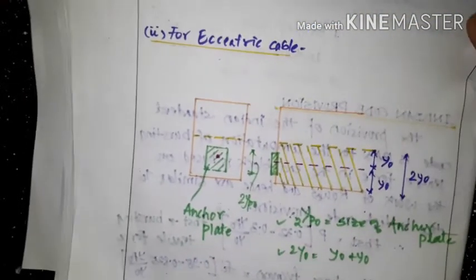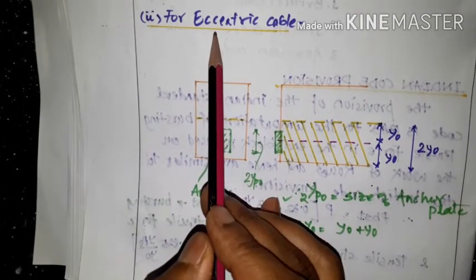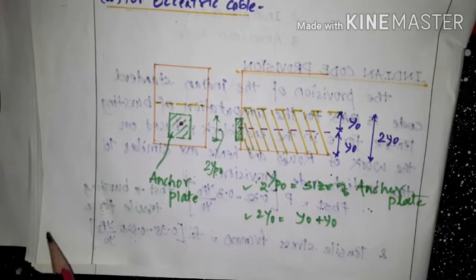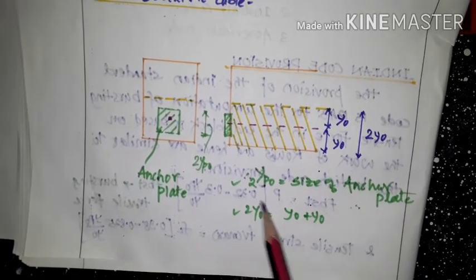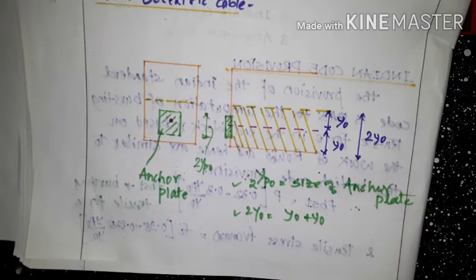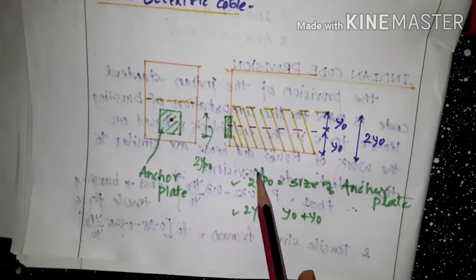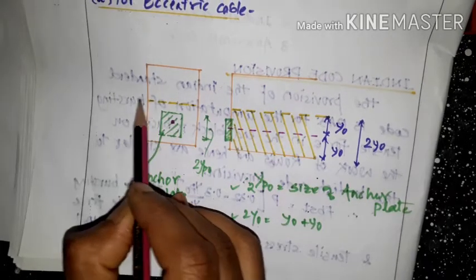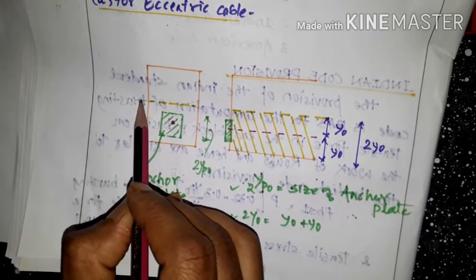Then, if the cable is eccentric, for the eccentric cable, for example like this, this is the centroid of the cable. At that time you use Y_po equal to the size of the anchor plate. Again, there is no change here. P stands for anchor plate, so Y_po stands for the size of the anchor plate, but Y_o is, suppose you get the centroid of the cable from the center of the section.